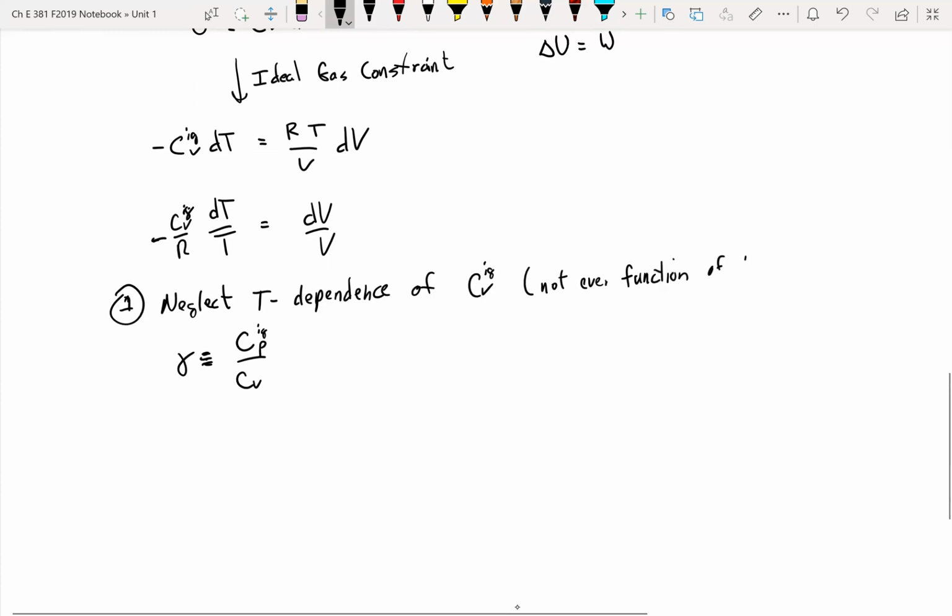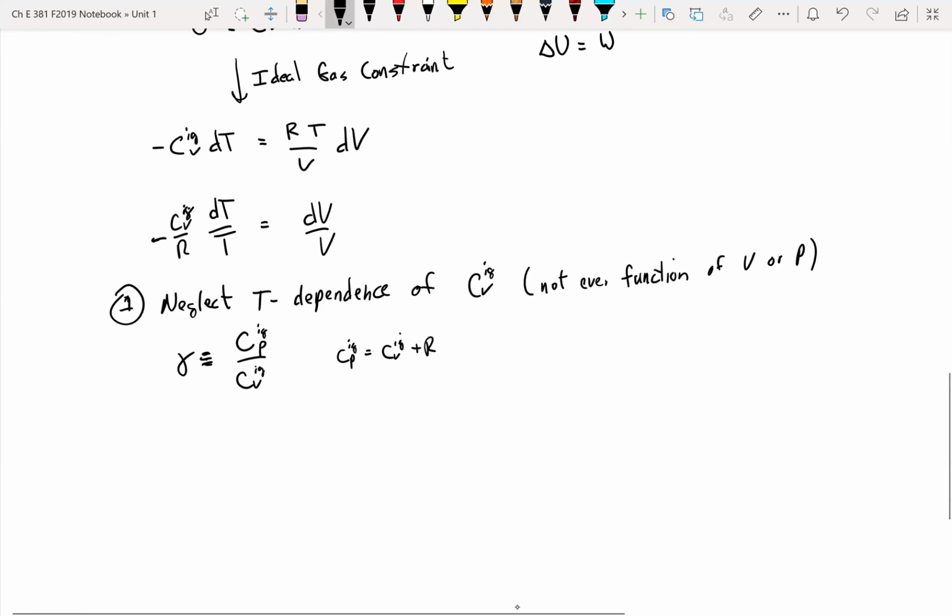So they're not ever a function of V or P. They usually are functions of temperature, and sometimes you can get away with pretending that they're not. So at any rate, gamma is simply going to be the ratio of CP to CV. And if you play around with that definition, as well as the fact that, remember, CPIG equals CVIG plus R,